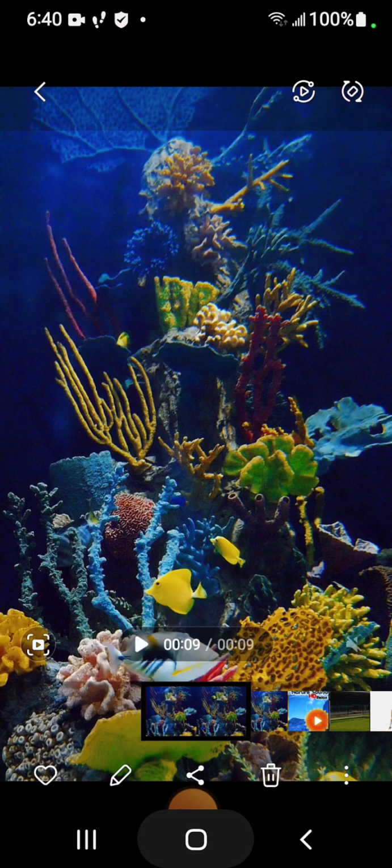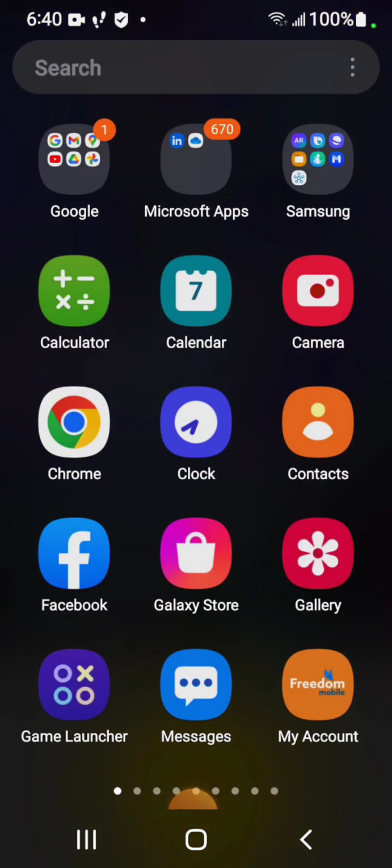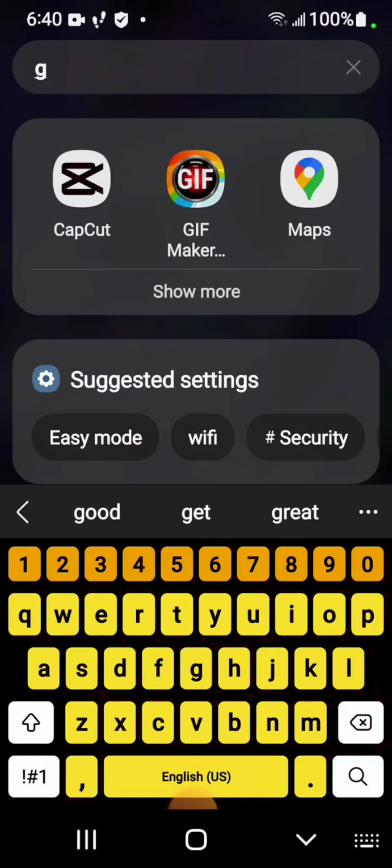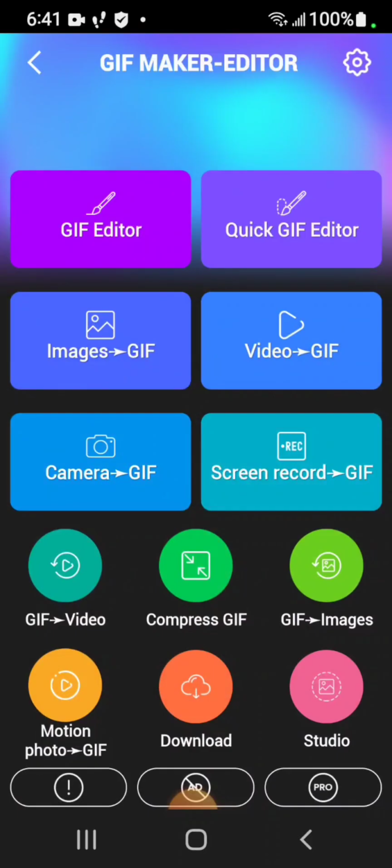First thing, I'm gonna open up my app, which I downloaded. You can download it as well from Play Store, and the name of the app is GIF Maker. So I'm just gonna open up the app. There are so many options here, and today I'm just going to focus on video to GIF, because I want to make a screen lock. So I'm just going to tap it,